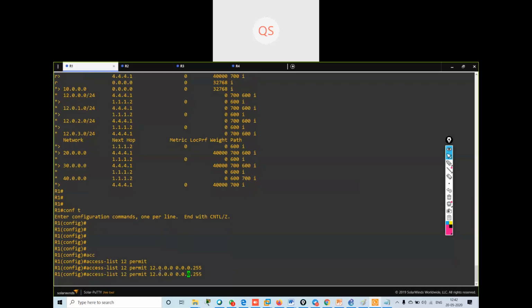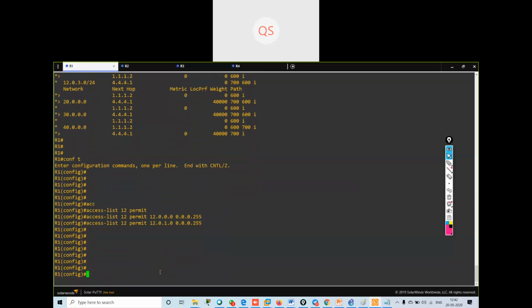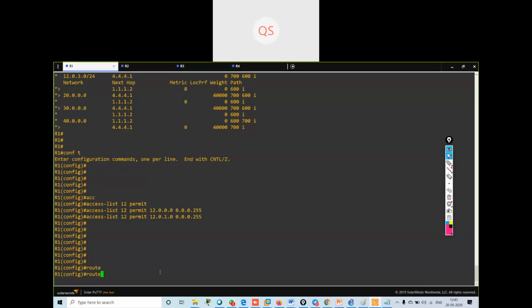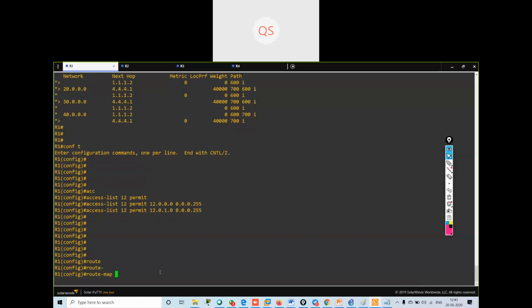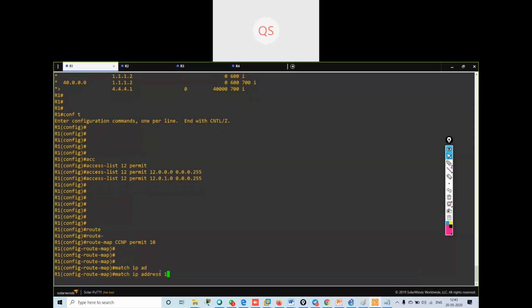Then I will say permit the 1 dot network with the wildcard bits. Then I will create the route map. I will say route map CCNP permit 10. Then I will say match IP address 12.